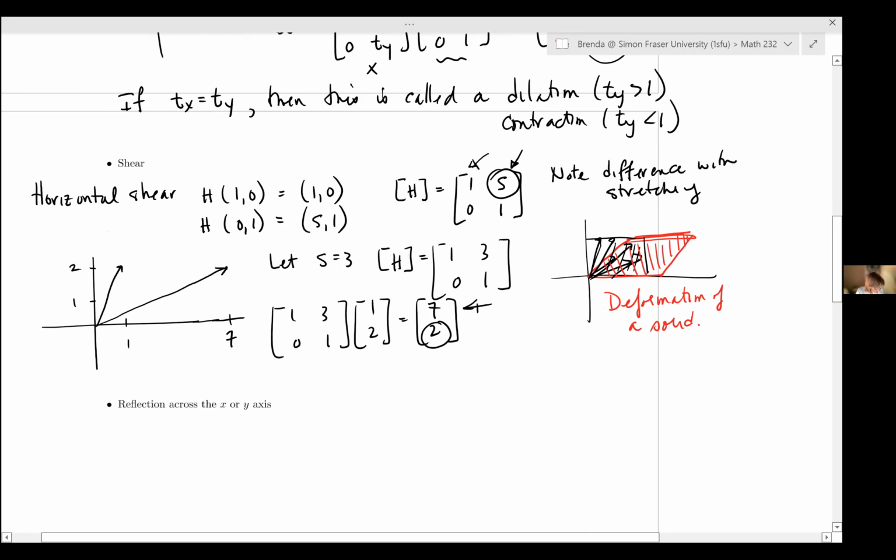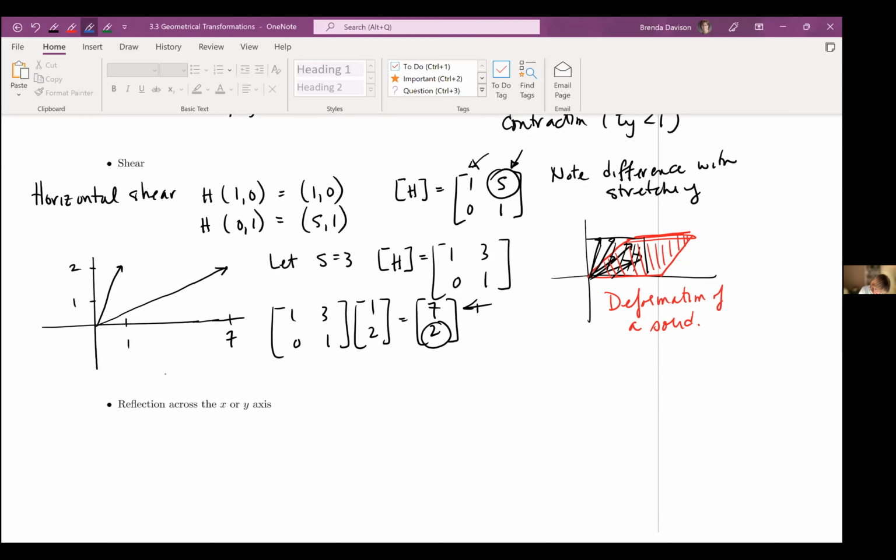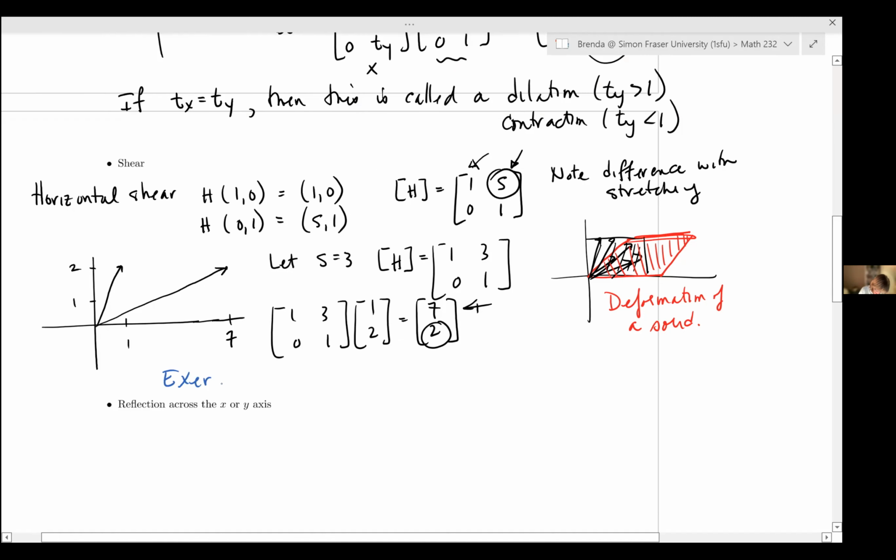Okay, so that's the horizontal shear. I'm going to ask you guys to do the vertical shear exercise. Do the vertical shear. Okay, same thing. It'll look similar, but of course the entries will be slightly different. So try that out. That's something you want to be able to do, and it'll also indicate whether you've understood